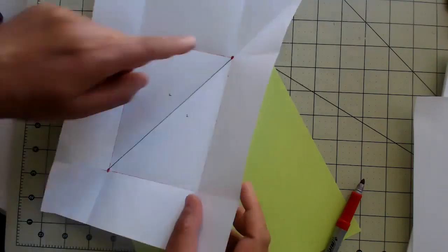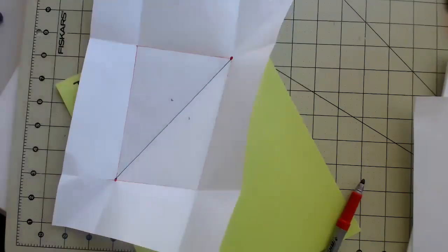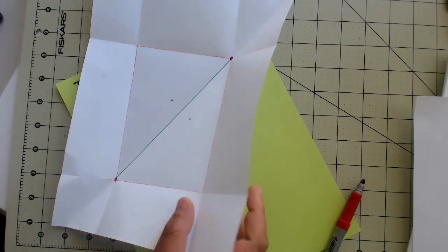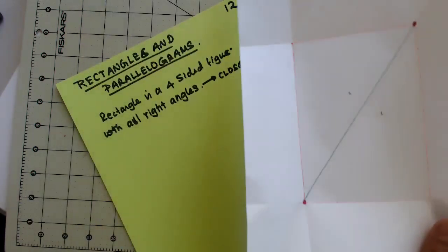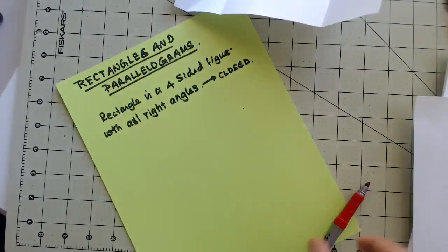And by the way, this is a right angle triangle. So two right angle triangles will give me a rectangle. Two congruent right angle triangles, if you put them end to end, they'll get me a rectangle. Okay, so that's it. So we understood what is meant by a right angle, a rectangle. Now we are going to look at what is meant by a parallelogram.